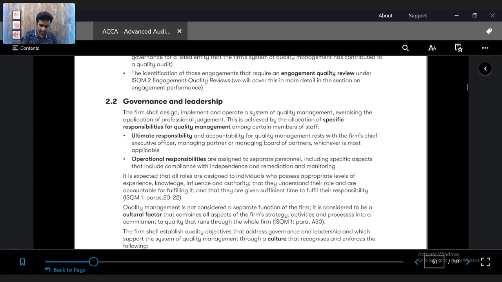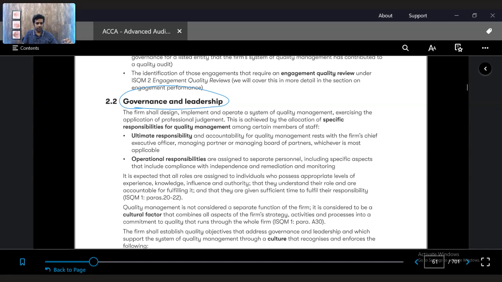The next one is called governance and leadership. As I told you, in any firm, the quality starts from the top. The top management of the firm, the top partners, the top executives of the firm should embark on their quality journey and have a strict culture, code of conduct, rules, regulations and review process which will be carried down to the junior partners or managers as well as the junior auditors, etc. So throughout the firm, if you want to ensure the quality objectives are maintained, the tone has to be set